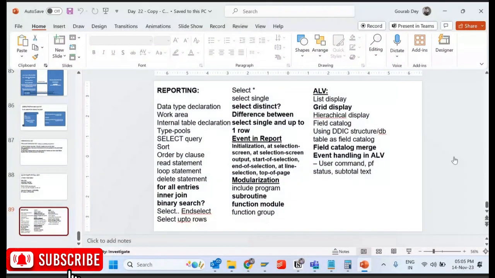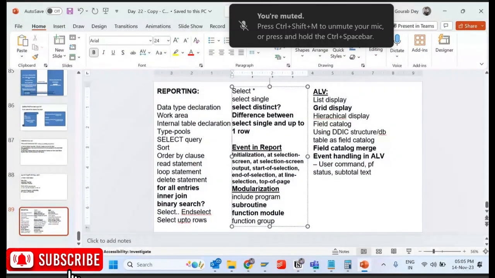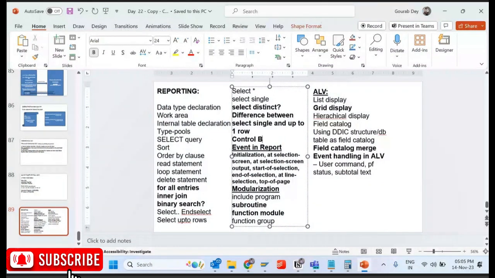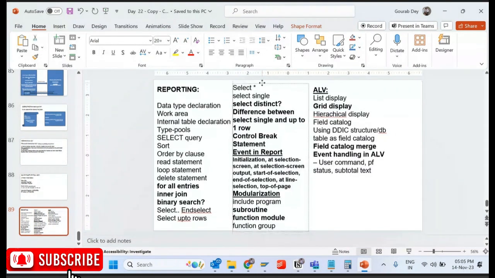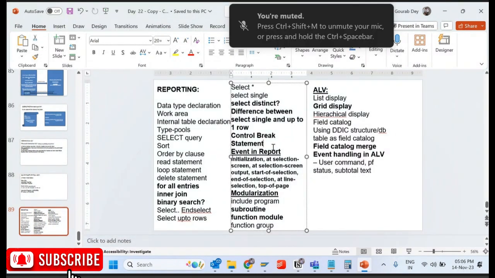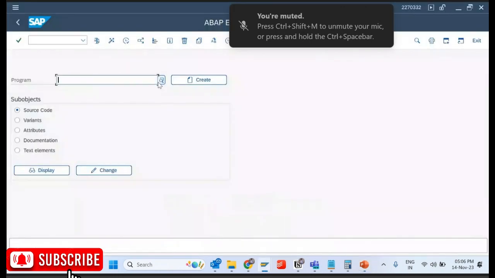That is the control break statement, which is very important for you guys. Okay, control break statement we already learned. Okay, so now